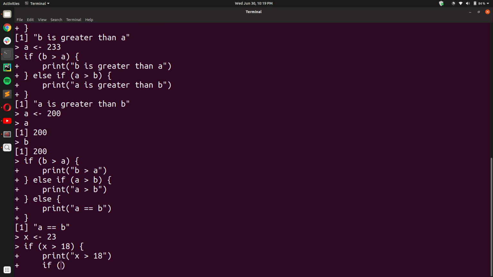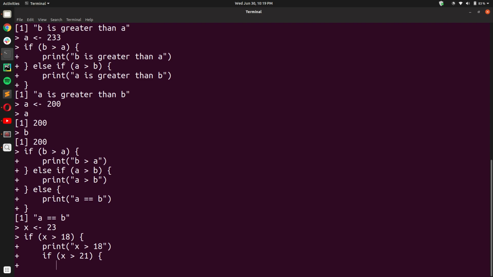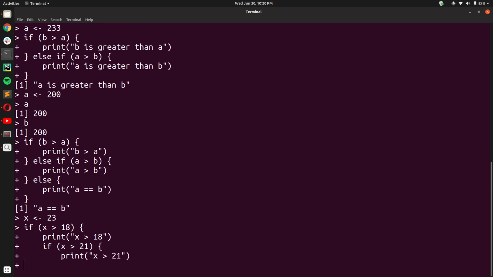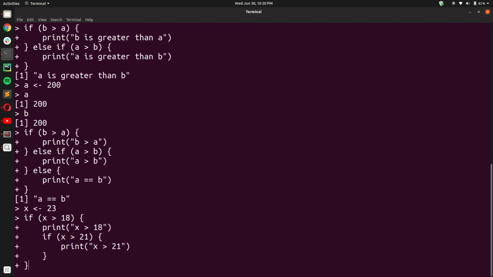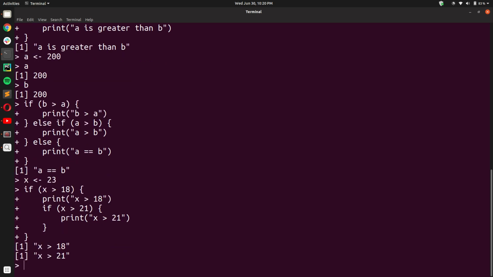Now we can write another if statement inside of the previous if statement, where we check x greater than 21, and if this is so, we print x greater than 21. Now when I press enter, you'll see that both of these print statements are executed, and I get the output x greater than 18 as well as x greater than 21, as you can see here.